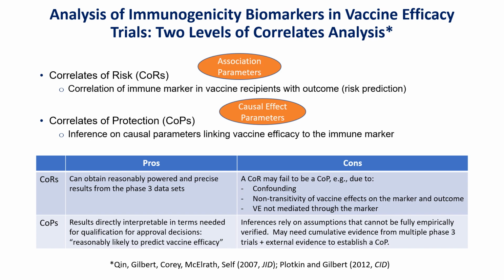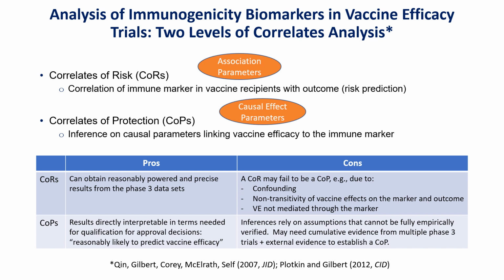We're doing regression. We know how to do this. We can characterize well how the risk of an outcome depends on a marker or a set of markers. Now, the con is that if we identify a correlate of risk, it's not necessarily connected to vaccine efficacy and a correlate of protection because of various pitfalls like confounding. And so therefore, we like to also assess COPs directly because they start in the place we want to end up, which is having some data that directly speaks to reasonably likely to predict vaccine efficacy, basically the criterion for at least accelerated approval.